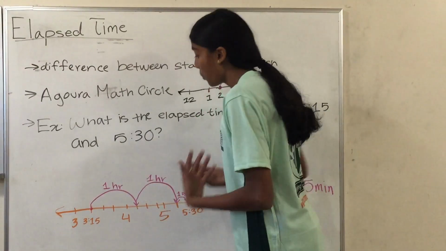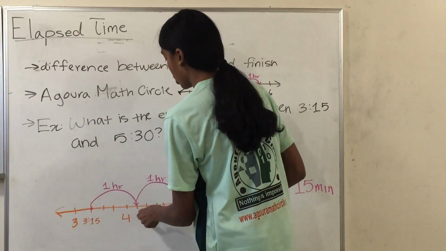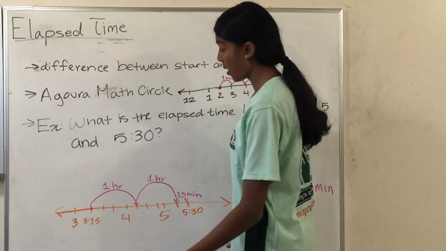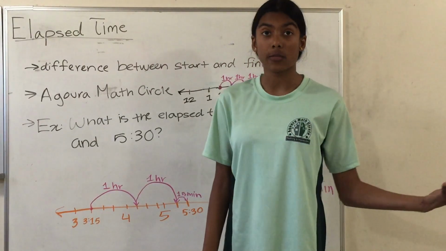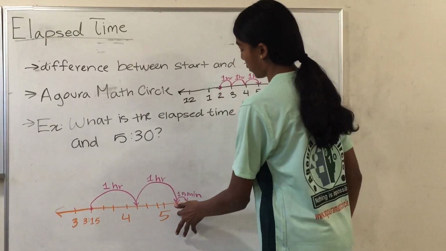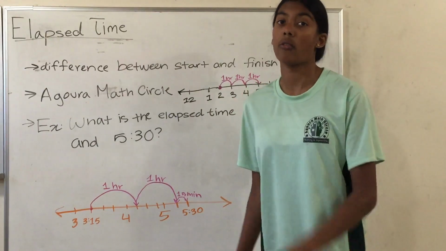So our biggest chunk we can have is 1 hour so far. So we take 3:15 and we jump 1 hour to 4:15. Then we can make another hour. So we make another 1 hour jump to 5:15. And then we only have the distance between 5:15 and 5:30, which is the smallest jump so far, which